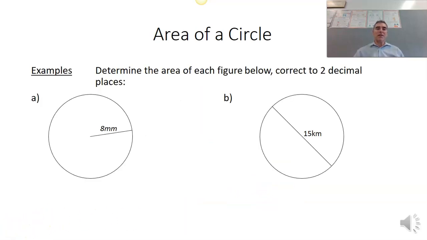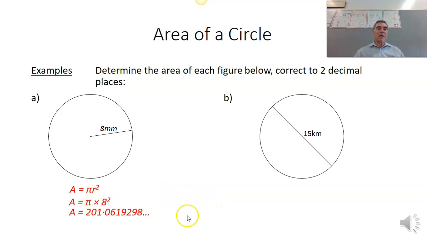So let's do a couple of examples. We've got a circle here and its radius is 8 millimeters. Just like I do with other questions, if there's a rule, let's write down the rule first. So area is pi r squared. Let's substitute in what we know: our radius is 8 millimeters. Let's work that out on our calculator, remembering your pi button, so you don't have to remember that pi is